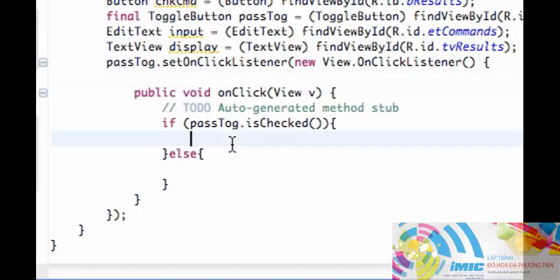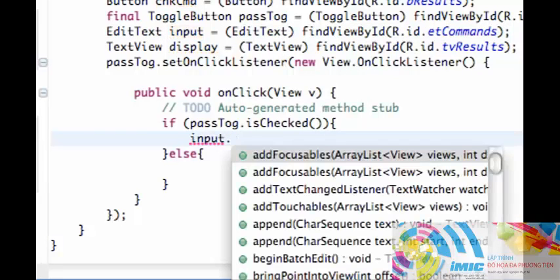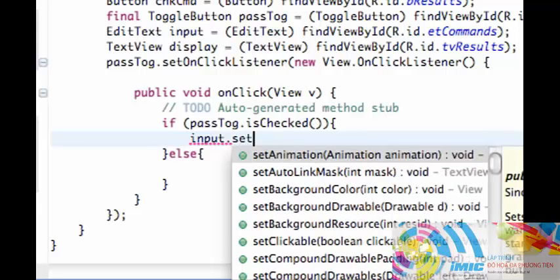Now what we can do is use the EditText variable that we set up here, which is referenced to our EditText in the XML, and we're going to change that. We called the EditText input, so we're going to say input, hit dot, and then set the input type. Basically, there's the password type in a text view, or a number for the most part. You can make them only be able to put in numbers, stuff like that. So we're going to use the method set input type,